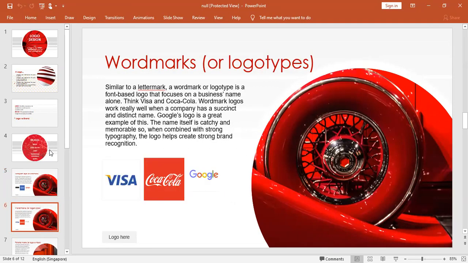And then word marks, which is similar. Word marks mean a letter will be used to represent an illustration. We create and design illustrations, but they are text. For example, Visa is not just letters or just text, it is an illustration. People have turned those letters and words into an illustration.